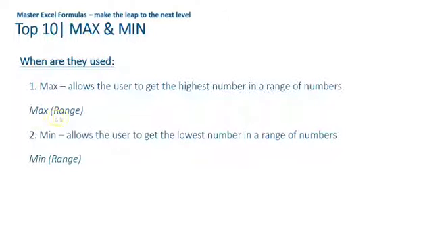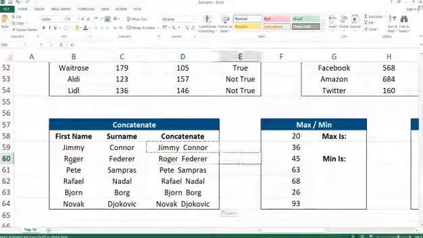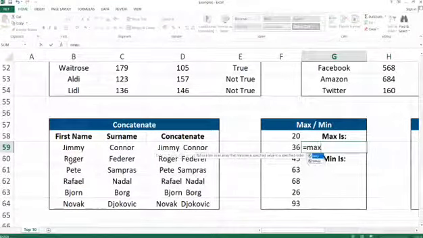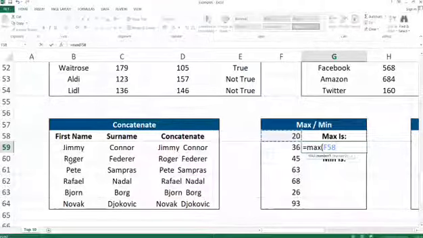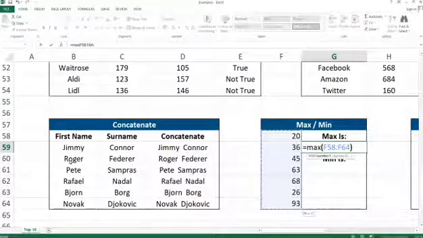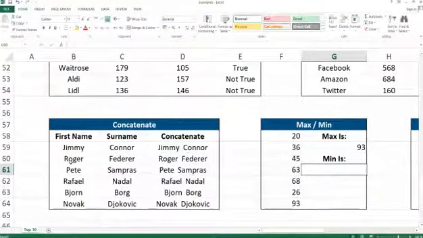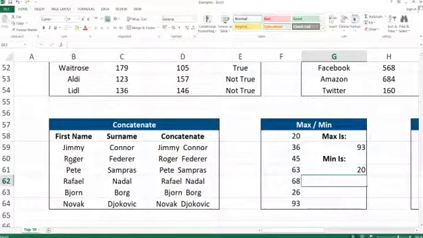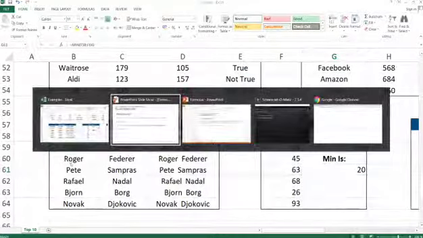So you have max, and then we need the range in which to get the maximum value from, and then the minimum is pretty much the same thing. Now, just to show you the example, here's what we get, and now the maximum is from this range here. The maximum is 93, and then minimum is 20. Okay, now the next